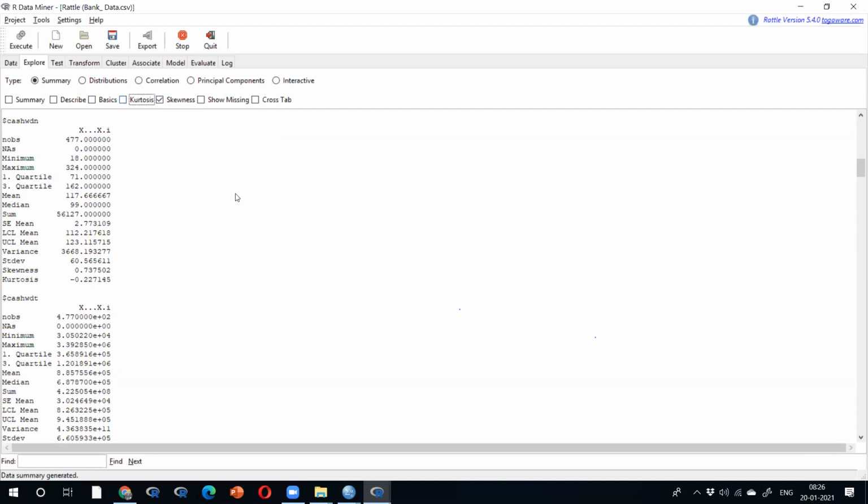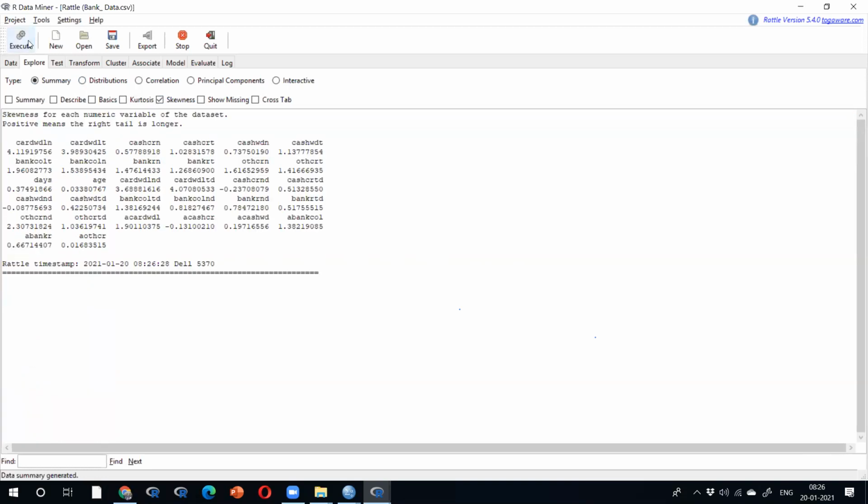Based on skewness, can we say it is left skewed or right skewed? Definitely. Minus means negative. Minus means left skewed. Plus means right skewed. Okay? So now I'm selecting skewness for all the data. This variable, in this selection,